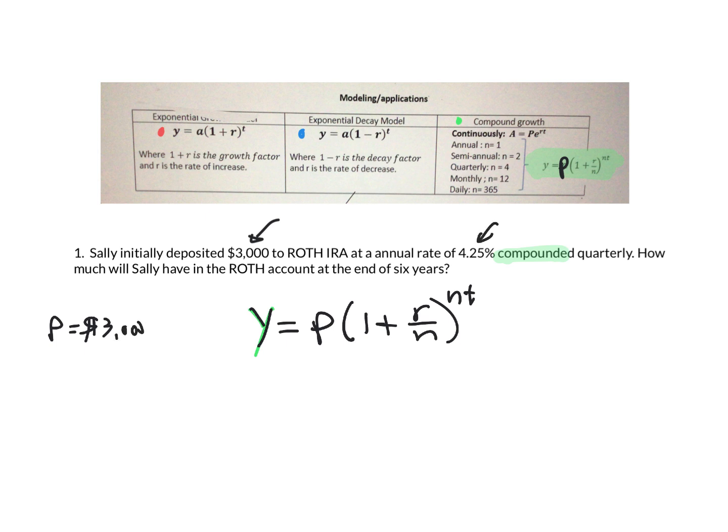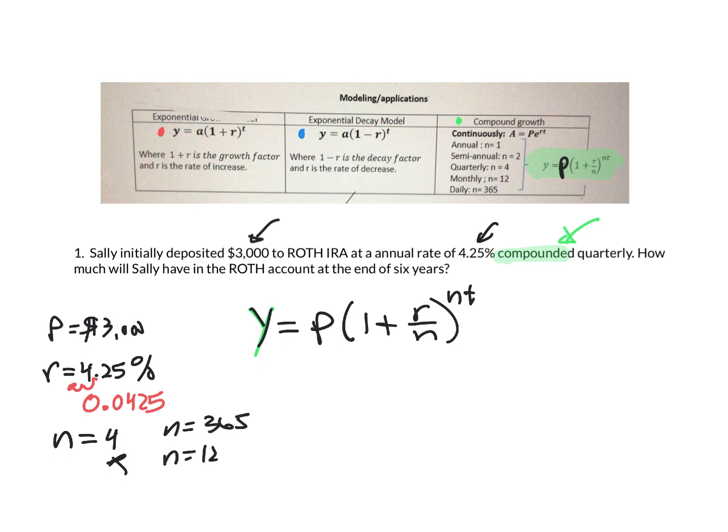Our R is 4.25%, but we need to change that to its decimal friends, so we need to move that twice back. So we're actually going to punch in 0.0425 for the R. And then we are compounding it quarterly. So if we're compounding it quarterly, that means my N is going to be 4. If we compounded it monthly, N would be 12. If we compounded it daily, N would be 365. If we did biannually, it would be 2. And if it was annually, it would be 1. So in this particular problem, it's being compounded quarterly. So N is